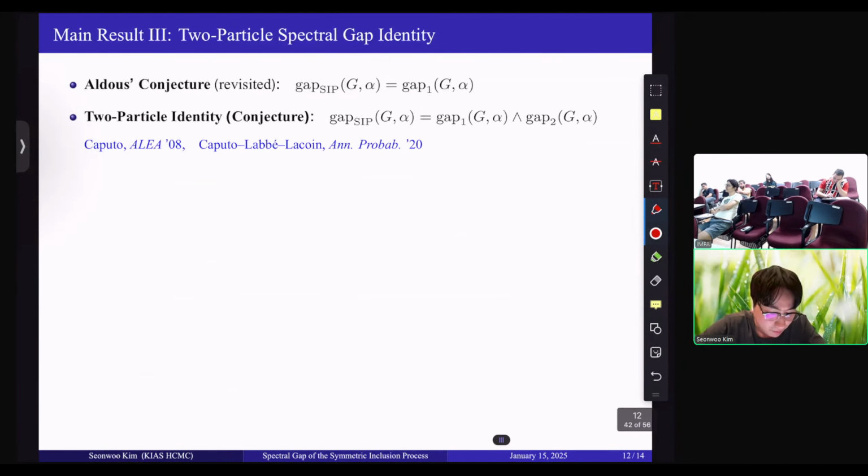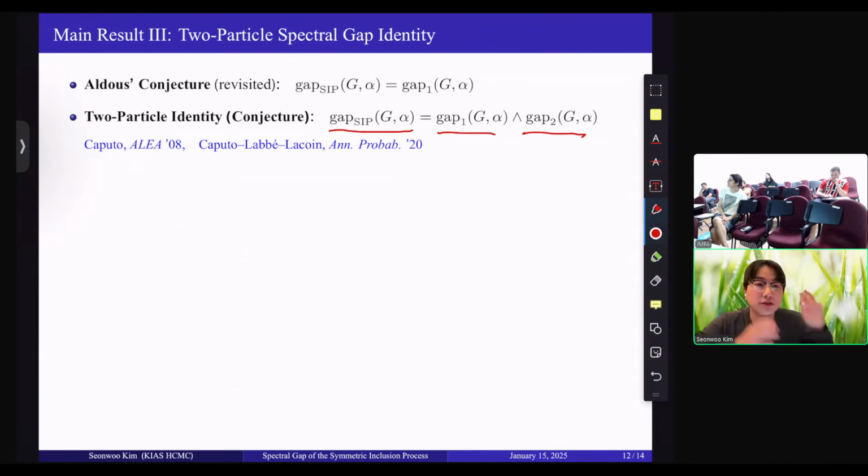And then there is a more sophisticated conjecture, the so-called two-particle identity or conjecture, such that for reasonably many particle systems, we can believe that the whole gap of the system is the minimum of gap 1 and gap 2. In words, this means that to equilibrate a system, given arbitrarily many particles, we just have to look at two